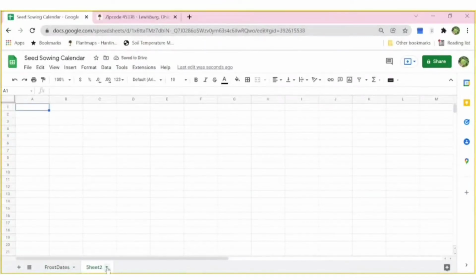Now we're going to create a new sheet. Click on the plus, and then we're going to rename the sheet right away. And I think we'll put in here seed list. It doesn't matter at this point if there's a space in the name. Now we're going to go up to the top again to A1, and we're going to start filling in our column names. So I'm going to put in here botanical name, common name, the variety, the sow date,